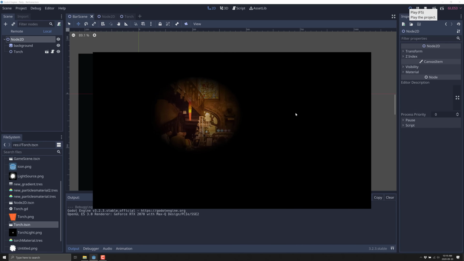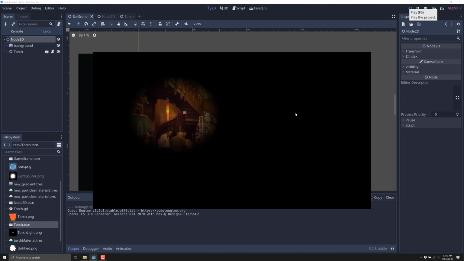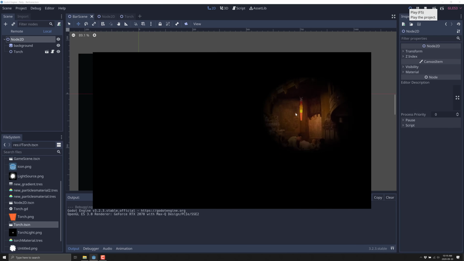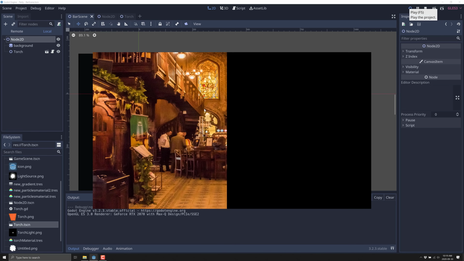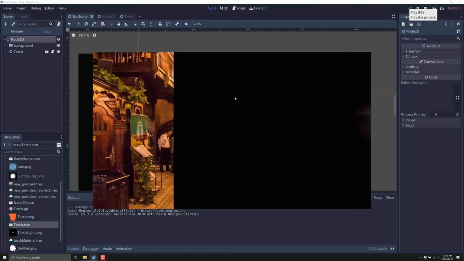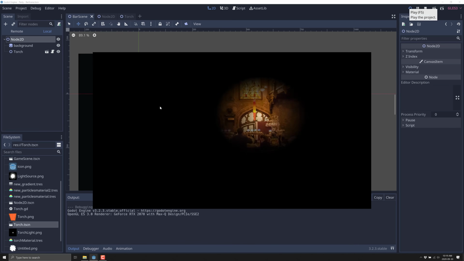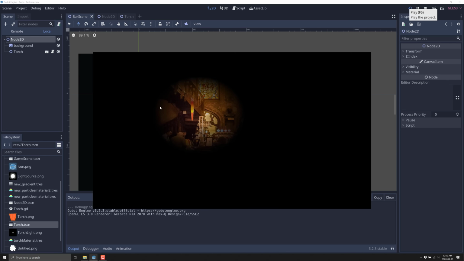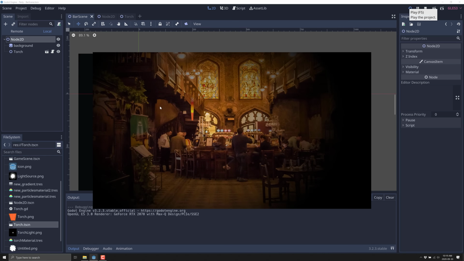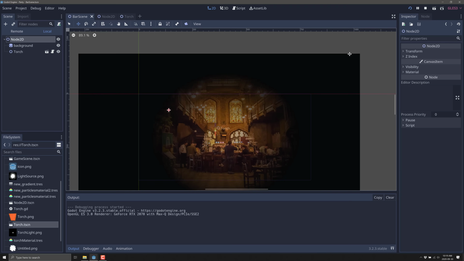Now, this is one way of implementing a torch. And to be honest, it's probably a relatively poor way because you can only have one torch in the scene. And as you saw, we clip off scene. There are some failings in the way that this works, but they're easy to work around. This is probably one of the easiest ways to create a torch for your character. And if you just have one single character, this is probably a good approach for you. So we're going to cover a heck of a lot in this tutorial. So without further ado, let us jump in.